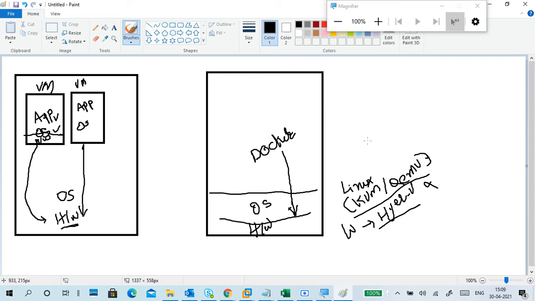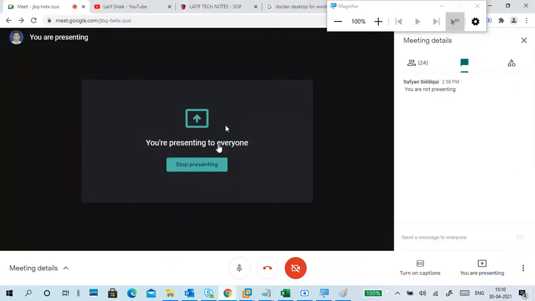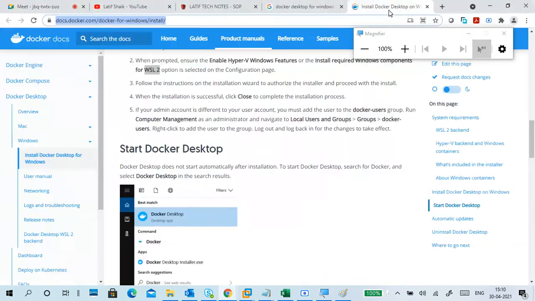If you are using Windows 10 Home Edition, then we don't get Hyper-V. So then Docker also comes with this thing, WSL. It is a Linux-based platform. It will create one. Okay, so you can see here.